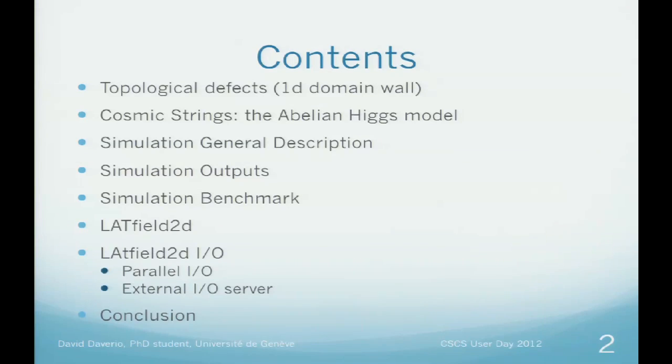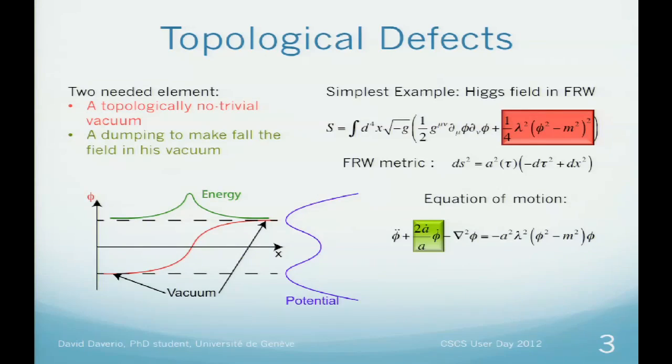So, what is a topological defect? A topological defect is something that happens in a field when you have two elements. The first thing is you have to have a topologically non-trivial vacuum. So first term, the vacuum. I'm sure you all know what it is: the lowest energy state. And what is a topologically non-trivial topological space? It's simple, though not so easy to understand, but for example,